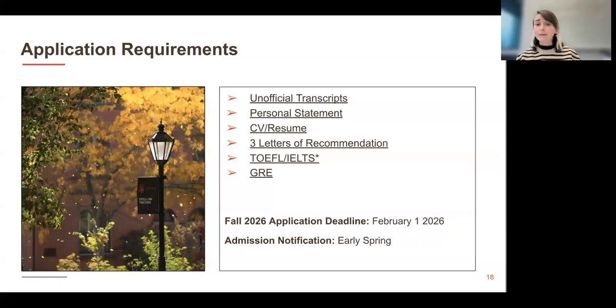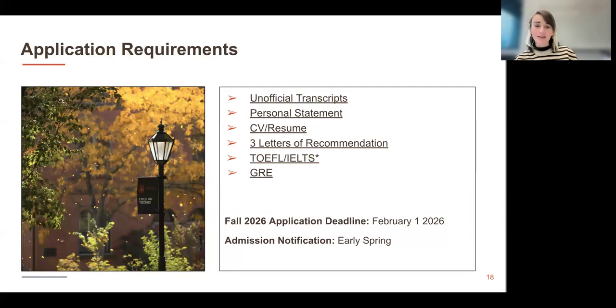A basic completed application starts with a copy of all of your unofficial transcripts, only for degree-seeking courses. If you only took one random class that doesn't pertain to your degree, we don't need that.